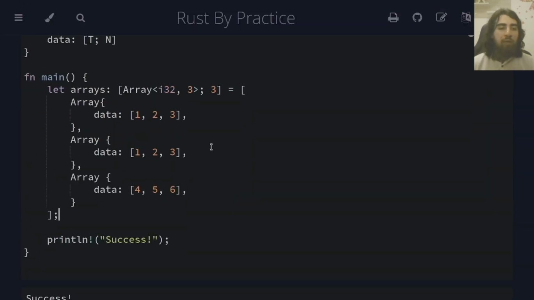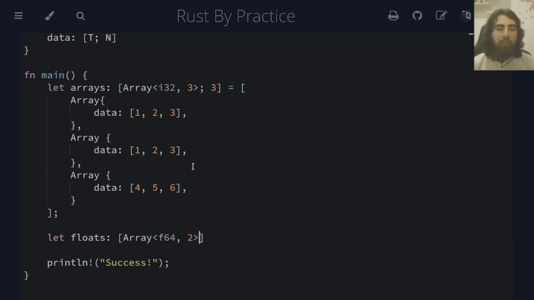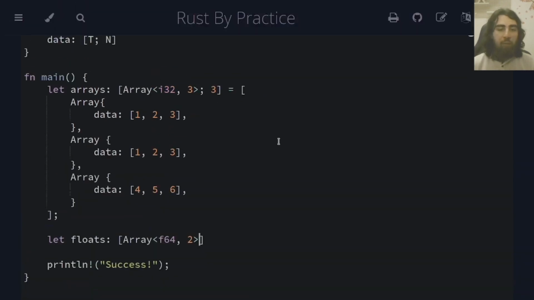Now let's create another array with floats. Now I want this to hold Array instances of type f64, and let's do 2 elements. And I will pass here, let's say also 3. And that means